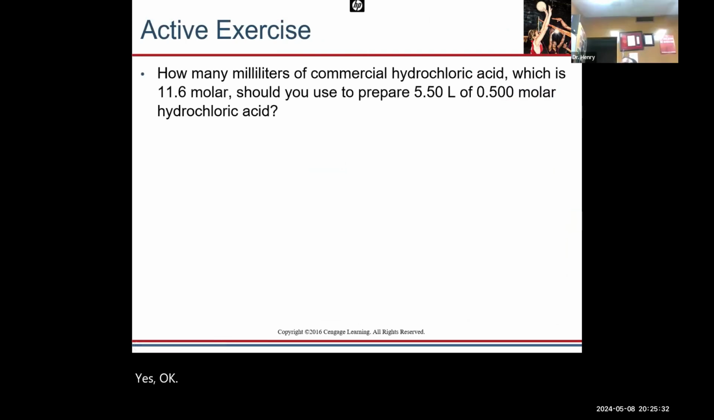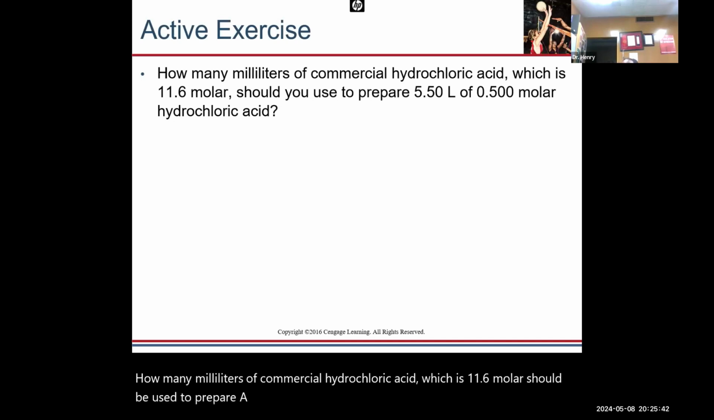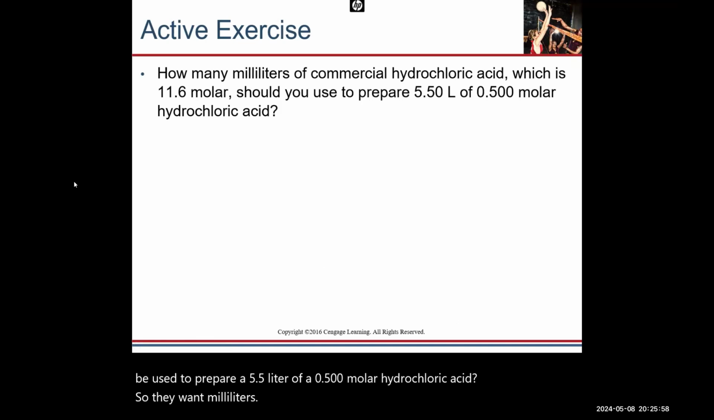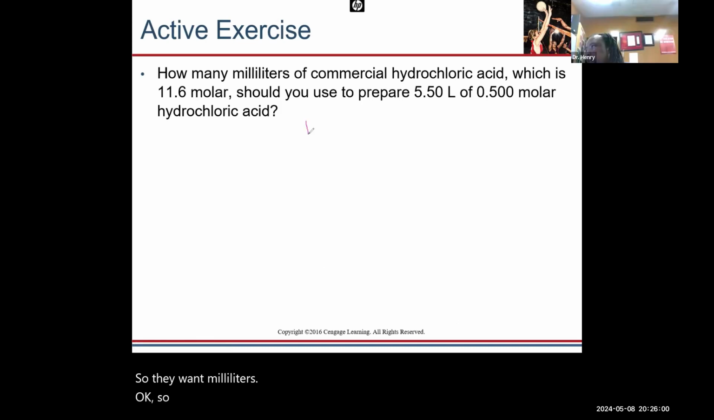How many milliliters of commercial hydrochloric acid, which is 11.6 molar, should be used to prepare 5.5 liters of a 0.500 molar hydrochloric acid? So they want milliliters. All right. Okay, so we're going to use that equation again, that V